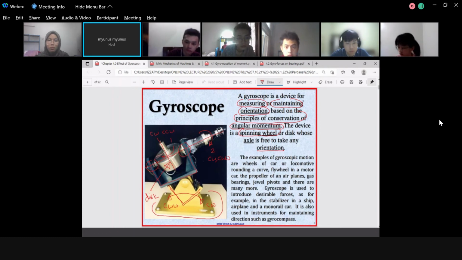Yeah. So if your question asks you, what do you understand by gyroscope? A gyroscope must be a combination of three components or three bodies. The disc, the thing that holds the disc, which we call the shaft or rotor, and the thing that holds these two, shaft and rotor, will be the bracket, for example, and the bracket will be the base and can be tilted clockwise and counterclockwise. Okay,